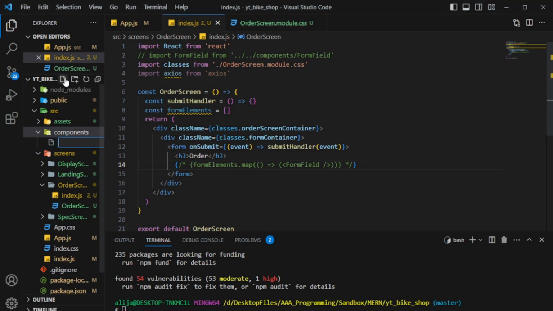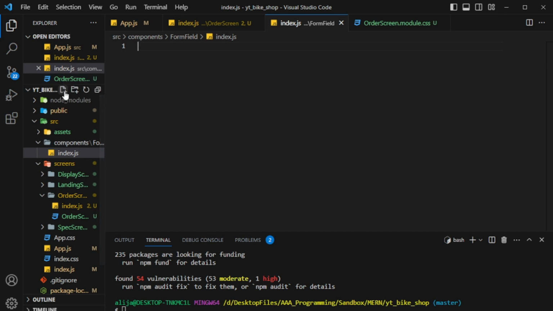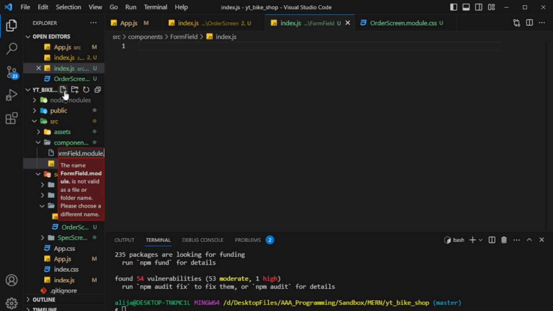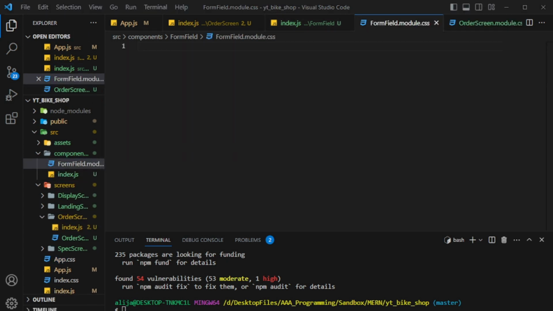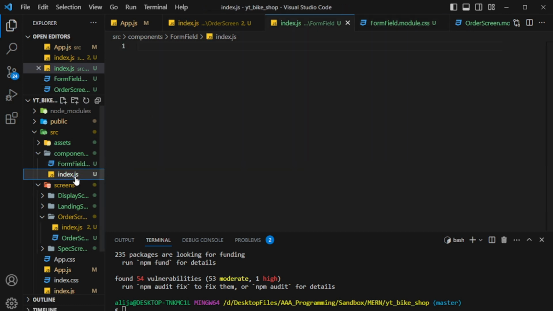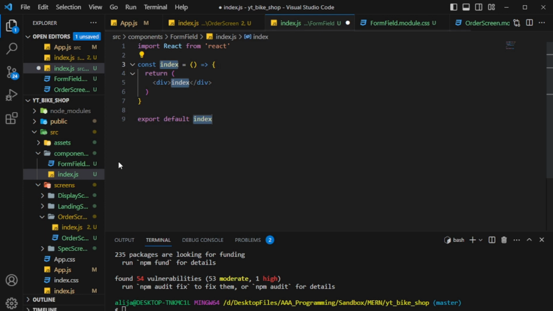Okay, so we will create a folder named form field with an index.js and a form field.module.css, where I will just paste in the styles. We create a basic React component and name it form field. Okay, so